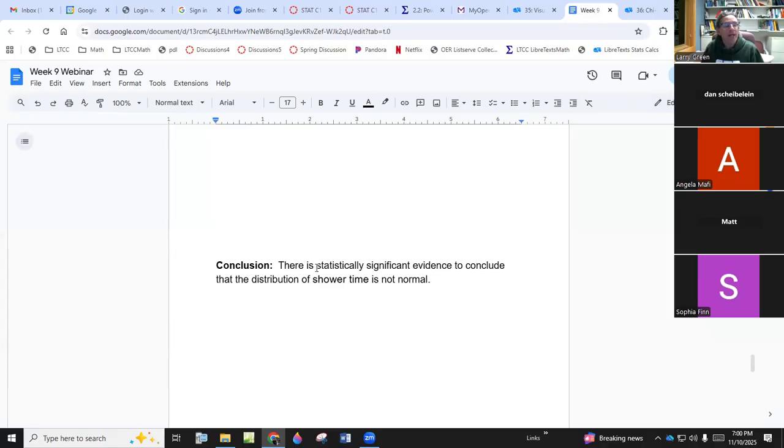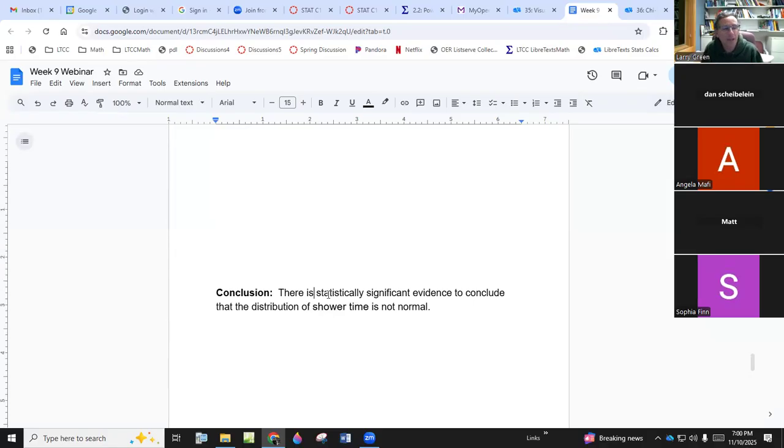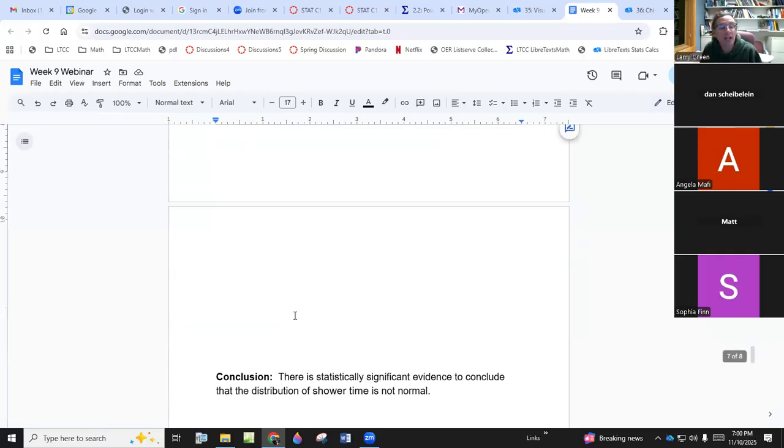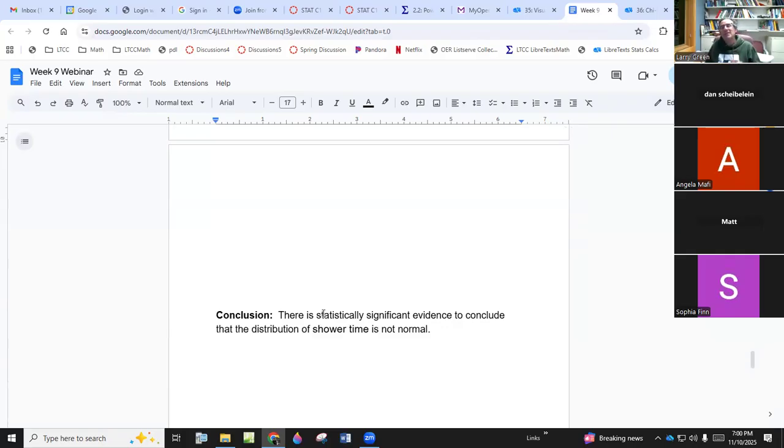By the way, don't even think about putting the word strong here, because our p-value is 0.04, and that's not small enough to be strong. It is small enough to have statistically significant evidence, but not strong statistically significant evidence. Does that make sense? Some people made that mistake on